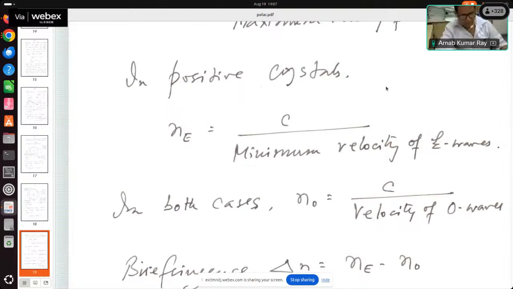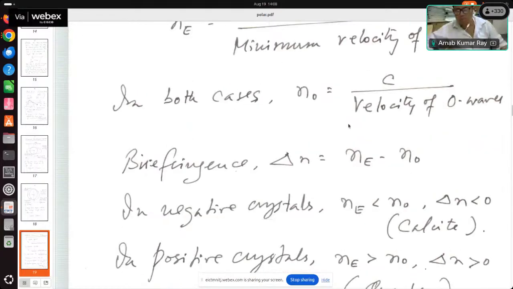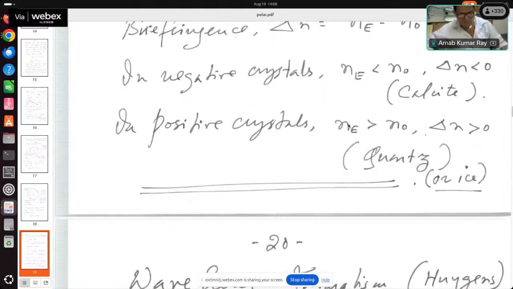Once again, I'm reading from this book: the dielectric constant, or epsilon, varies with direction in these crystals. This variation of epsilon with direction in these crystals can be shown by electromagnetic theory to give rise to double